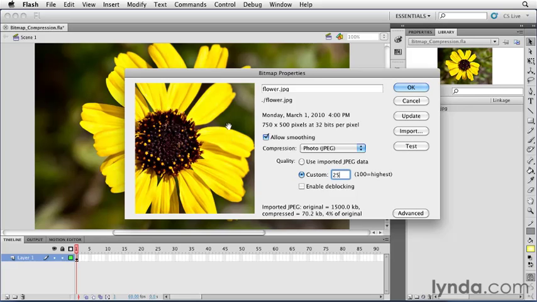Before you click Test, make sure you're looking at the image preview in the left side of this window. So I'll click Test, and there's the compressed image. So that's an enormous reduction in quality, so we don't want that. So I'll go a little bit higher. I'll go to 50 and click Test, and that looks a little bit better. Now you may want to do it higher than this, or this may be okay. It's really your call. I'll go to 60 and click Test, and that looks good to me, so I'll click